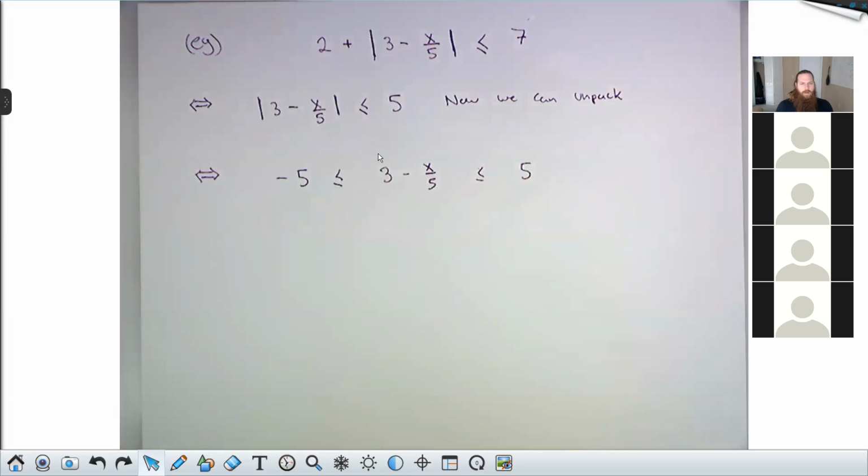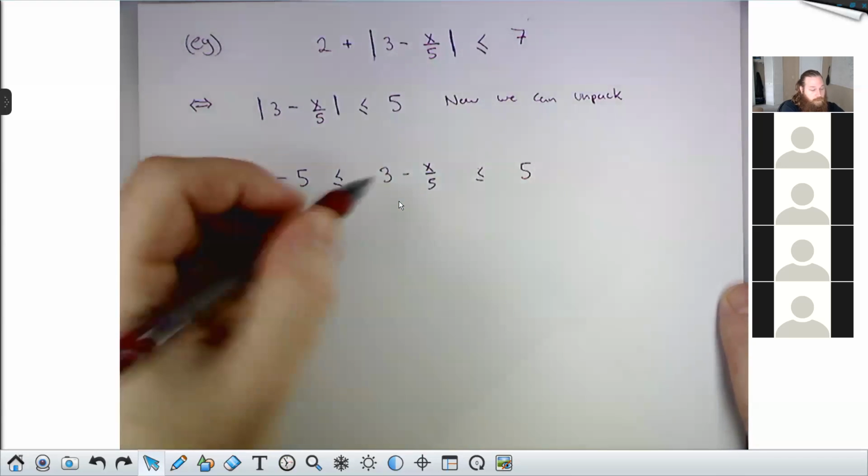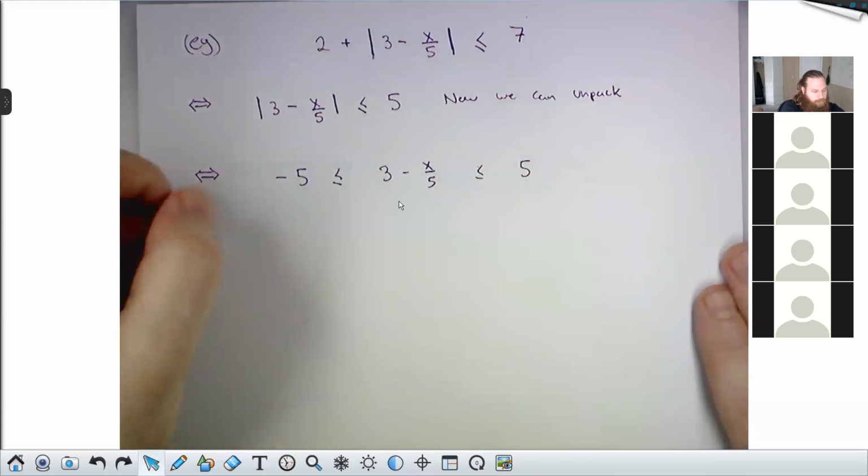Again, my goal is to get x alone in the middle. This time it's going to be a little bit trickier. But if I want to get x alone, I should try to get the x over 5 alone. That's a good goal. And then I'll get rid of the 5. So first, let's get rid of this 3. To get rid of this 3, I'm going to subtract 3 everywhere. Right? This is a positive 3 from which x over 5 is being subtracted. So if I subtract 3 everywhere,